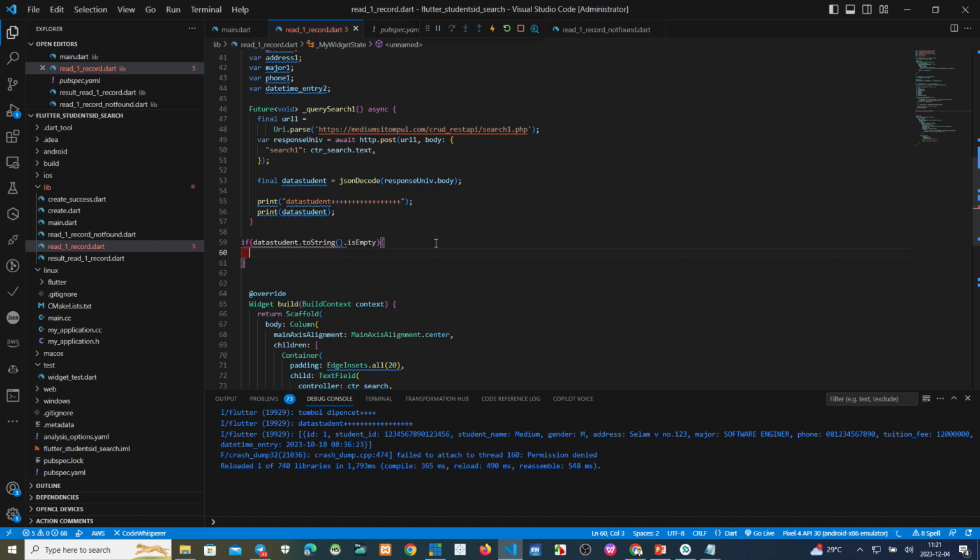If data student dot string is empty, why this?